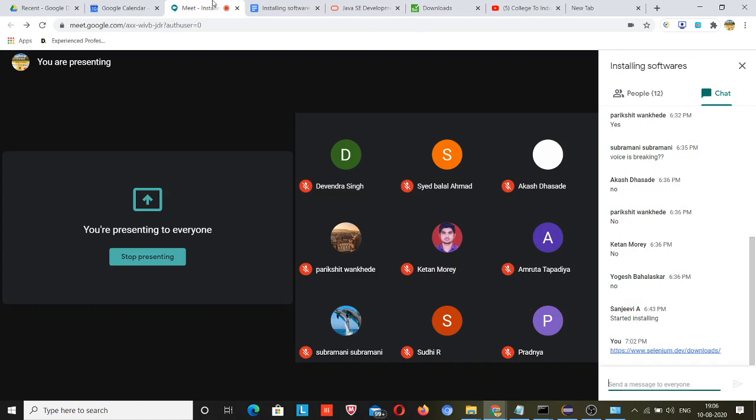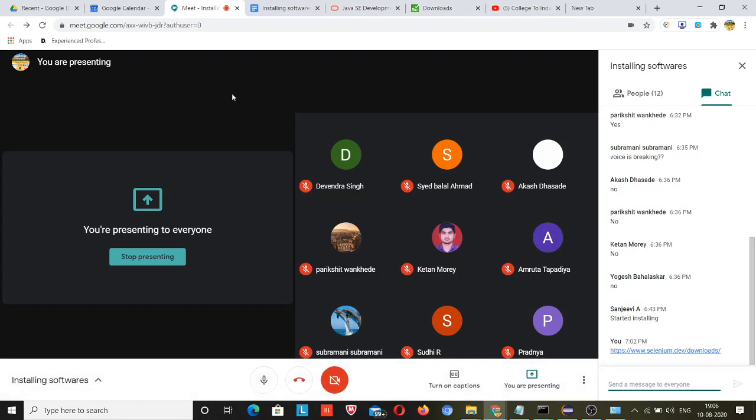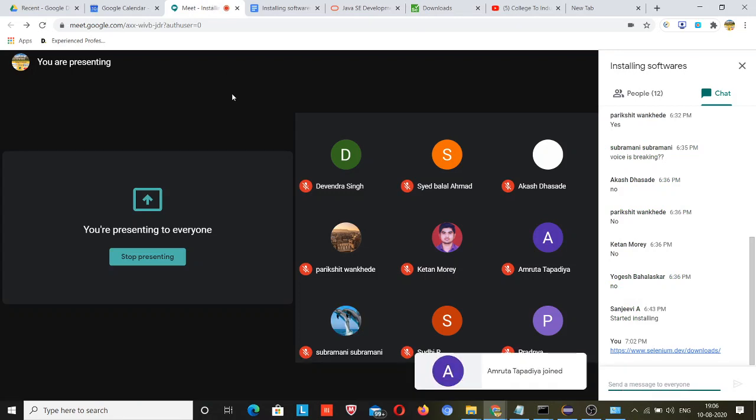But you should have installed everything in your system. Don't use those jars, don't do anything with those jars yet. I have downloaded these Selenium jars and saved them in my system, so that when we start coding in Selenium we will need them. I hope everyone in the meeting has downloaded the Selenium jars. When I start coding, I will simply be using those jars. Please don't ask how to download those jars, I have told you.